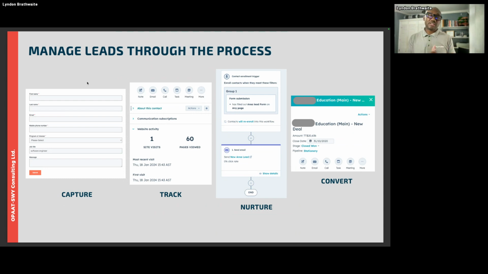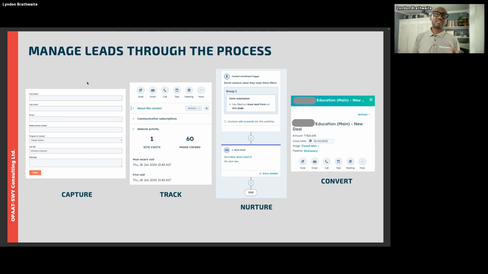Very, very simple in this first instance, and we're going to start expanding in the other hubs, right? So how are you tracking, especially if this person is using the website to visit your website? How are you now using HubSpot to help you track this particular person? So to help you help yourself, right? And then how are you nurturing based upon a person's activity, and then using that nurturing towards conversion? It's a process.